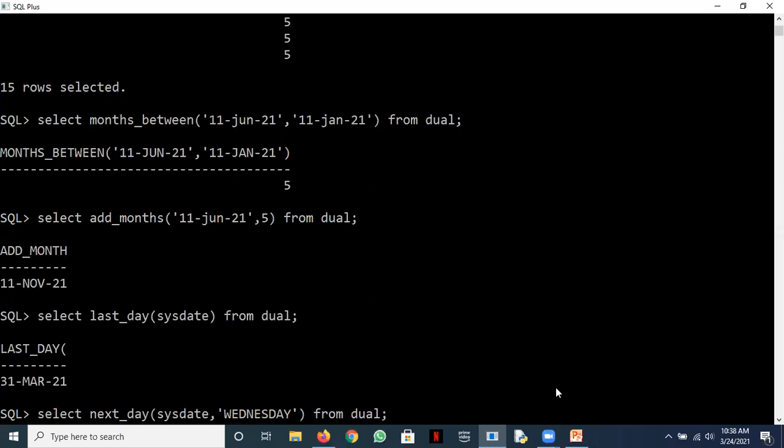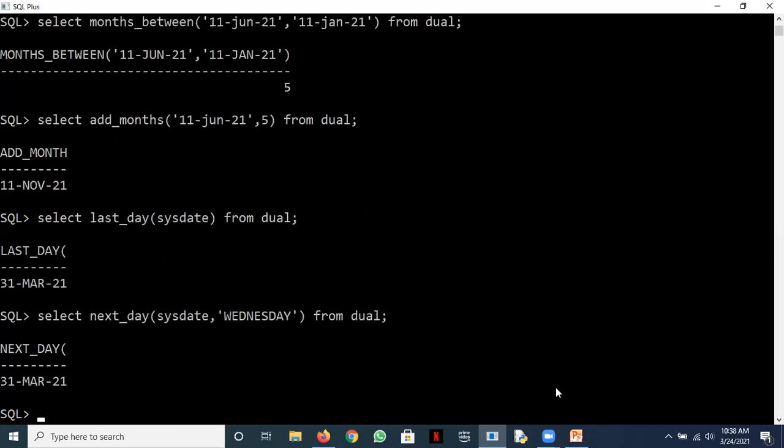Basically, it will pick up from sysdate the date on which the next Wednesday comes. What would be the answer? 24th March, today is Wednesday. So the next Wednesday would be on 31st March.